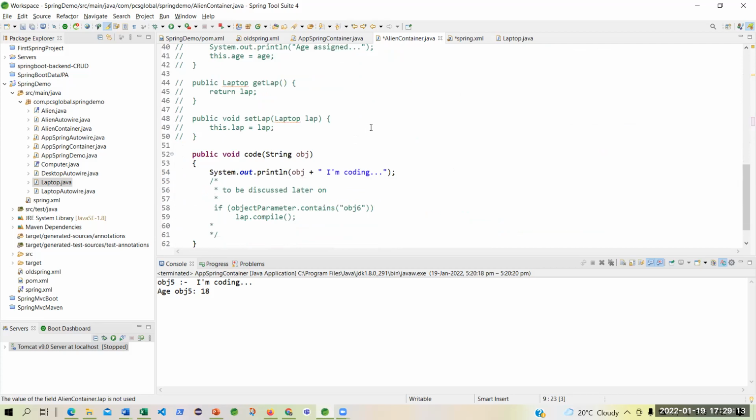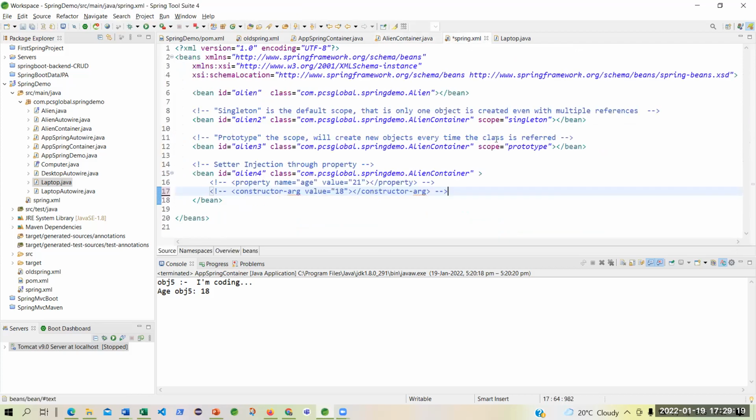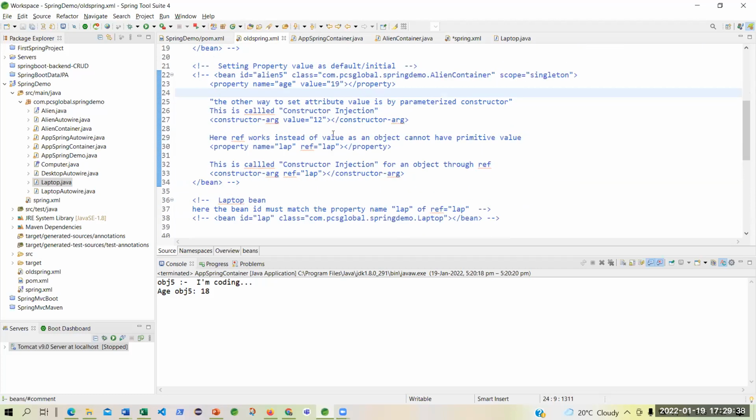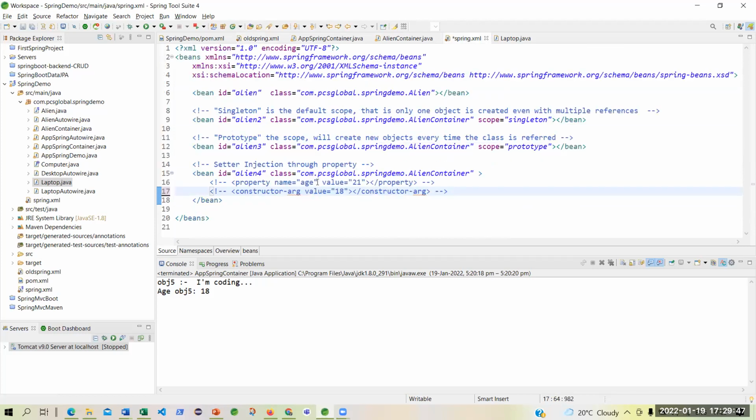Okay. Let us come here. We have to do something over here. Can I use a property to refer? Okay. First of all, let me tell you that let me use this as a property. Let me say I will be passing a value, like we have assigned age with a value of 21 through a property. Let me do the same thing.